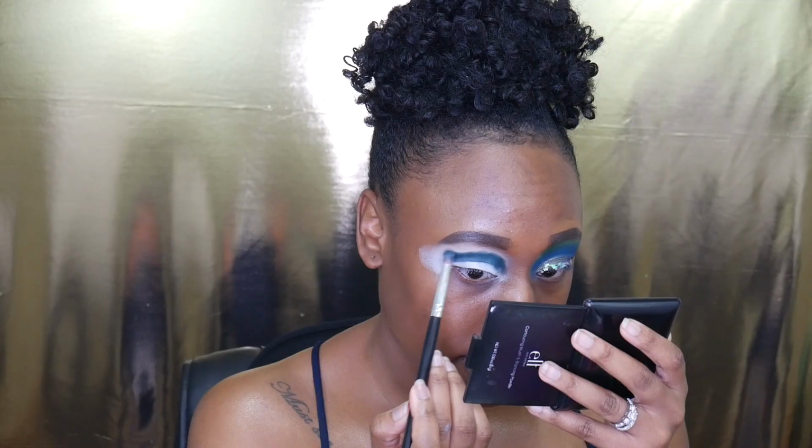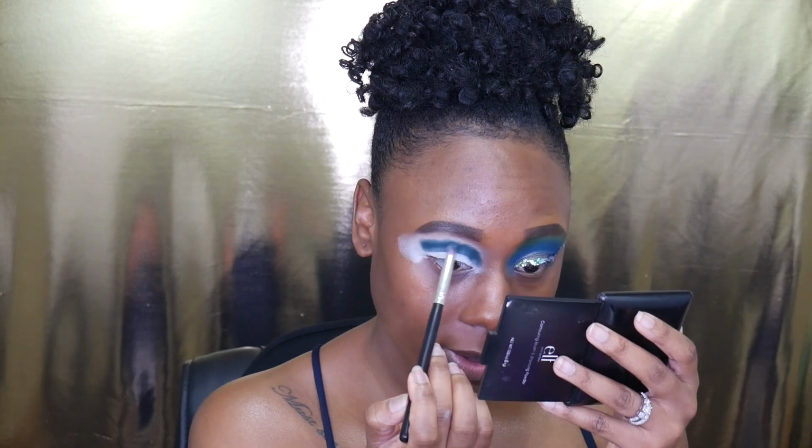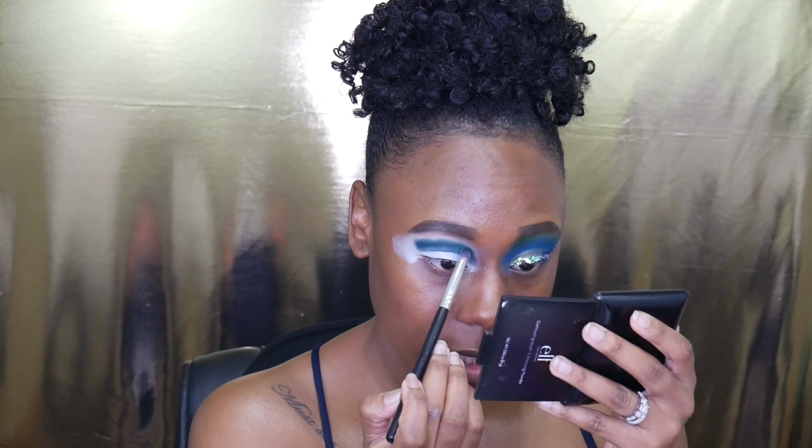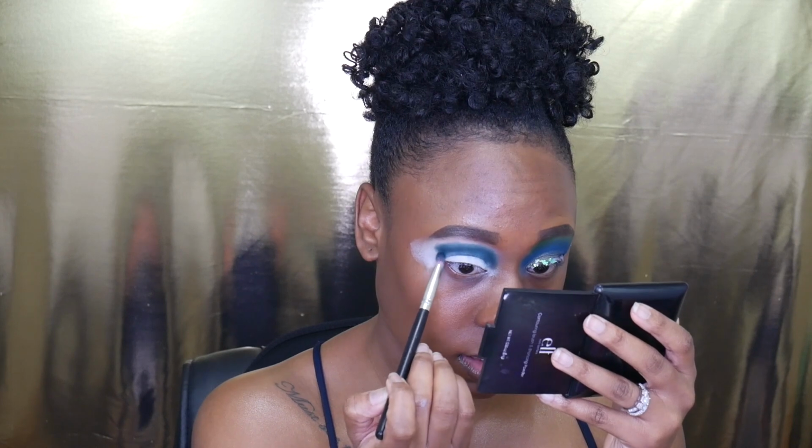Now I go back in with the same brush, and this brush is a Morphe brush. It doesn't have any numbers on it. I can't tell you which one. And I go in and I'm just buffing out the edges, lightly buffing. It's okay if you don't get all of it just yet, because the second color that I want to go into,